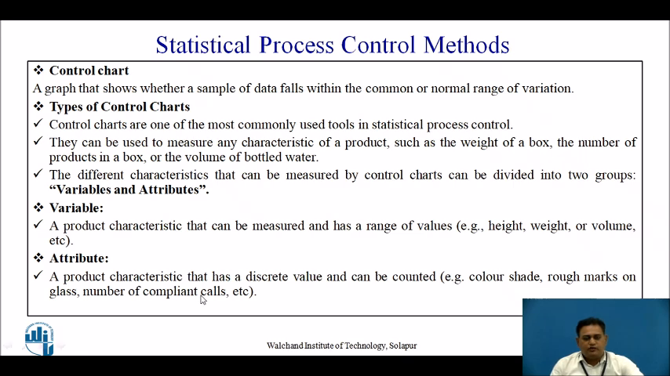Examples related to the variable are height, we can measure the height, the weight, we can get the weight of the particular product or any unit, and the volume, etc. And the attribute is overall the type of chart which can go with the utilization for the products that have characteristics that can be discrete values that can be counted but they cannot be